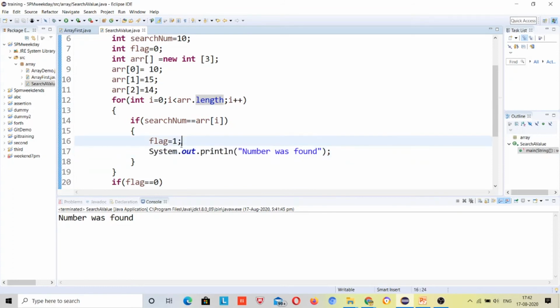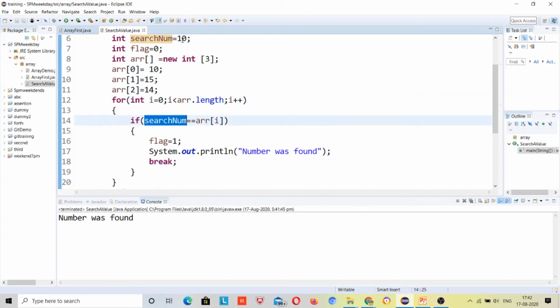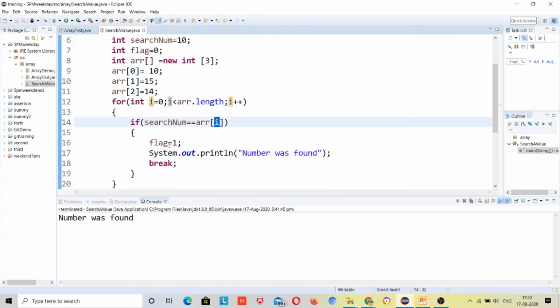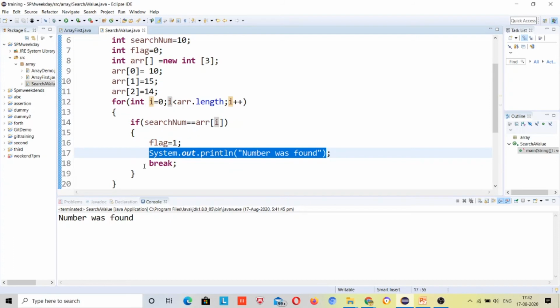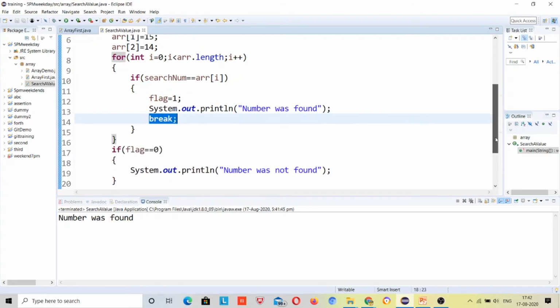I have to add it over here. If you found it before the ending of that array length, then just break out and don't go further running the loop, right? So what will happen: i is 0, searchNum is equal to 10 at index 0, it is found, flag will be 1, it will print number was found and it will break from here, right?